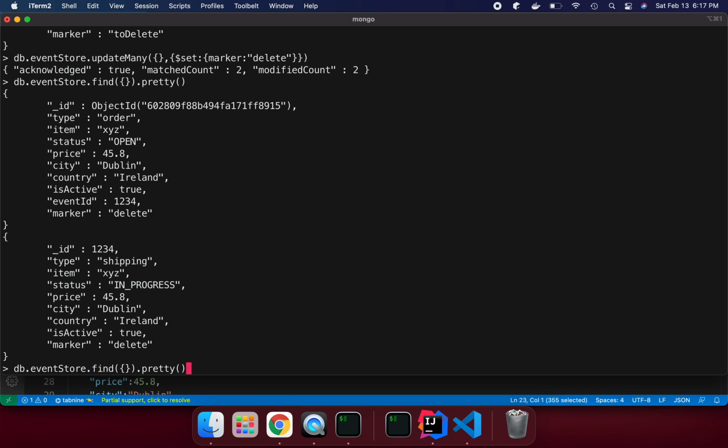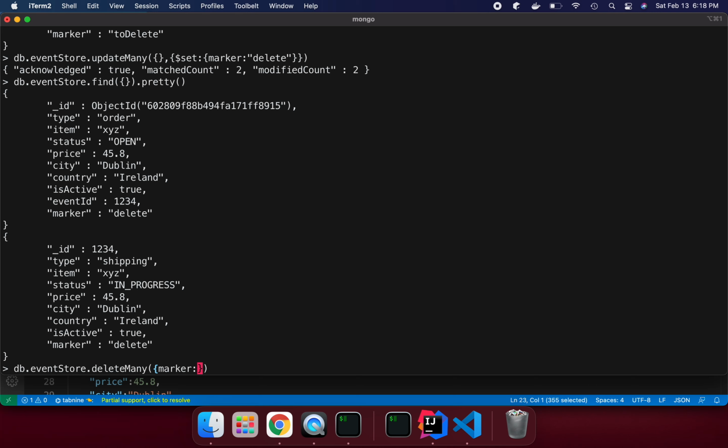And suppose you want to delete these, how can we do that? The same thing. So I'm going to say deleteMany, and the filter criteria for me is marker.